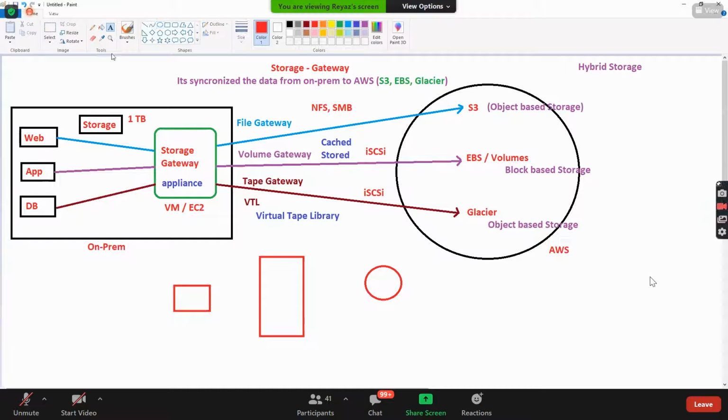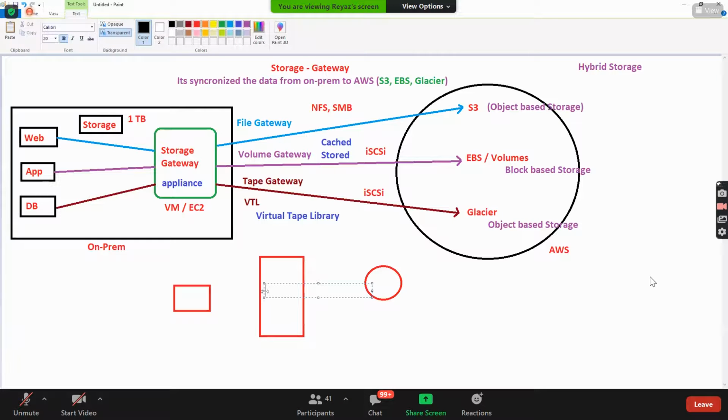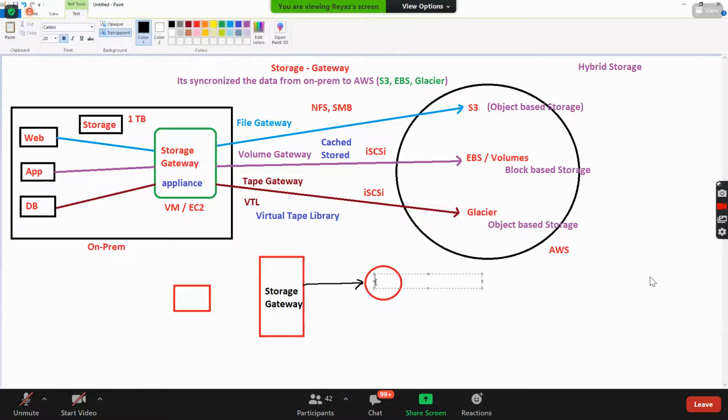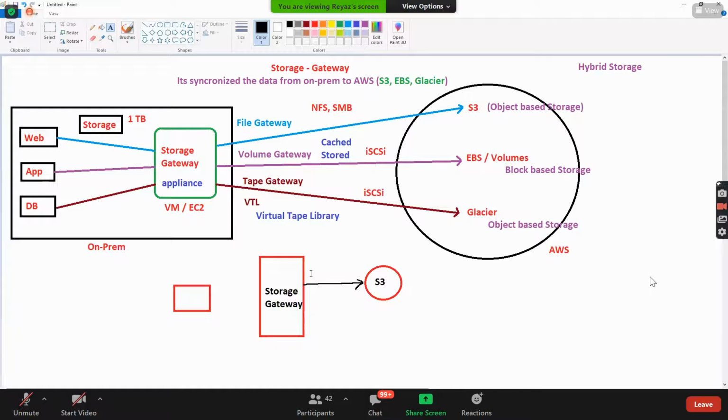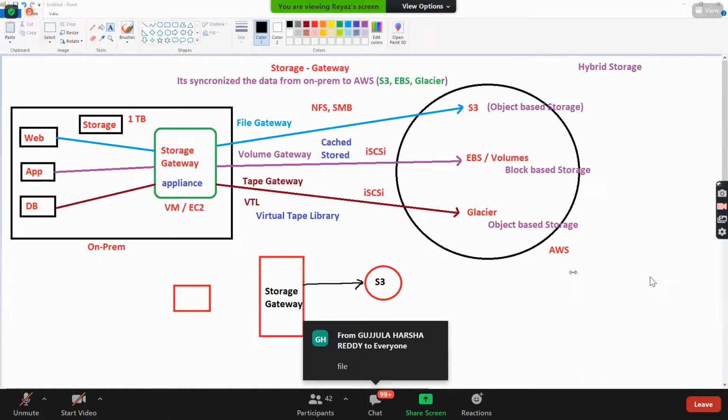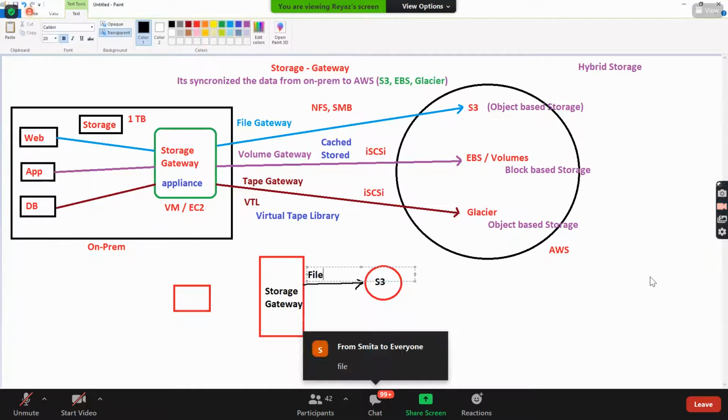The task is to set up a storage gateway that automatically talks to S3. If I'm using S3, that means I need to configure a file gateway.